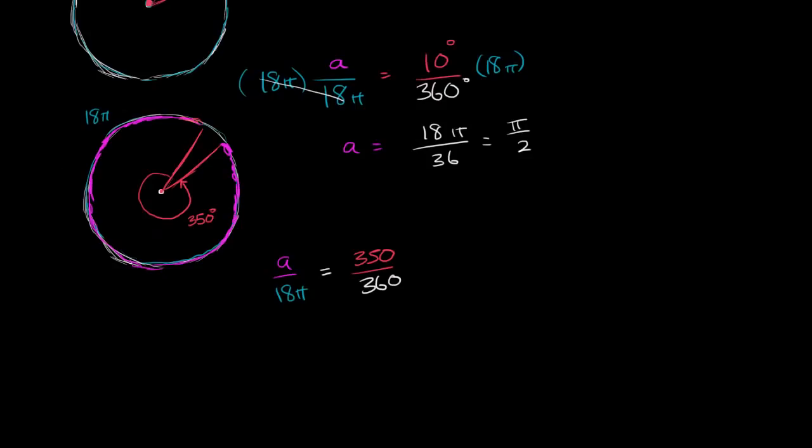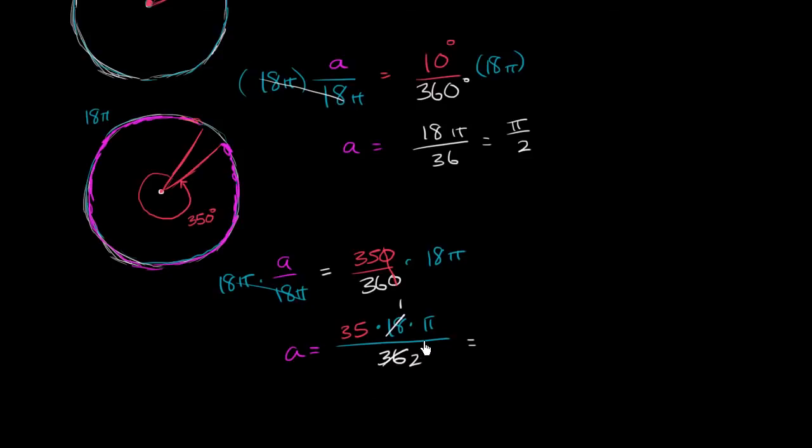So multiply both sides by 18 pi. We get A is equal to, let's see, 35 times 18 over 36 pi. So 350 divided by 360 is 35 over 36. So this is 35 times 18 times pi over 36. Well, both 36 and 18 are divisible by 18, so let's divide them both by 18. And so we are left with